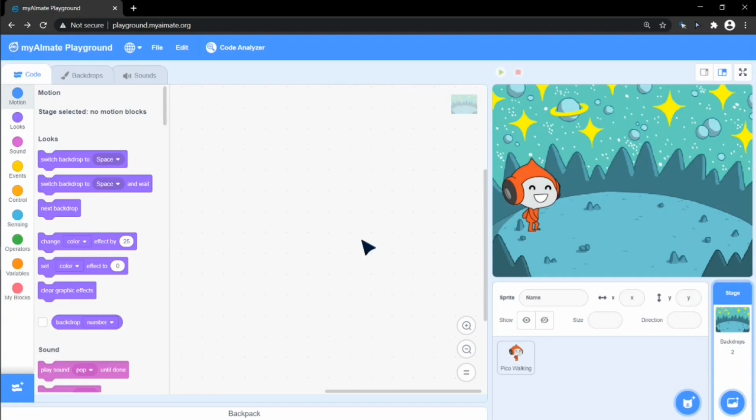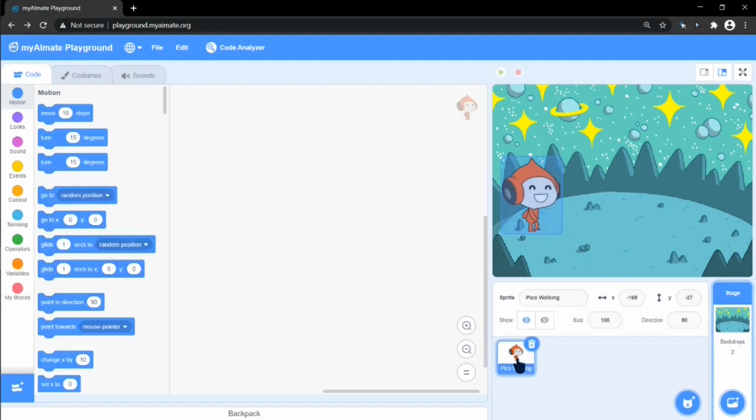Once you have added your sprite, make sure you click on it in the sprites pane here. A selected sprite will have a blue highlight around it. Now it's ready to receive code.